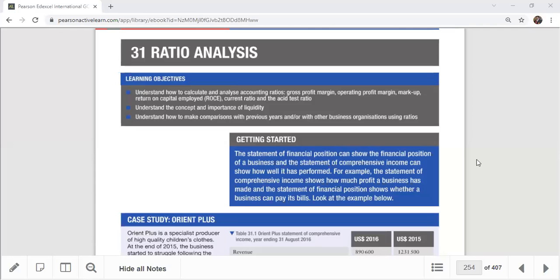By looking at the financial statement itself, we can get some idea about the business organization. We can get a rough idea by looking at the numbers, but in order to get a proper idea, we have to compare it with some other figures. This is mainly what we are doing with ratio analysis. So we are going to do the interpretation part of the financial statements, which is very important and very crucial,